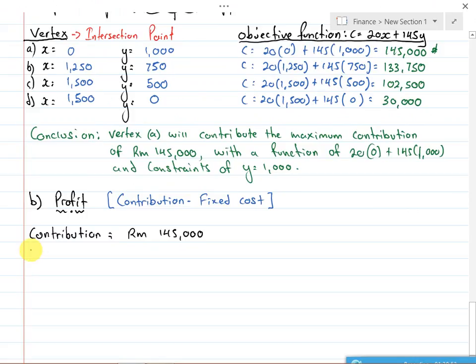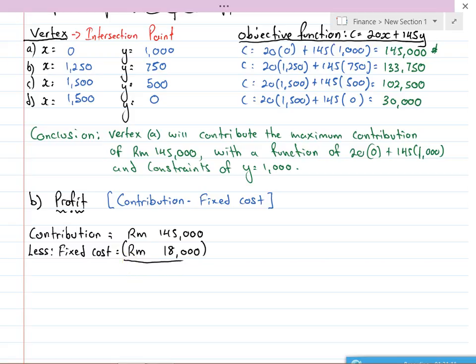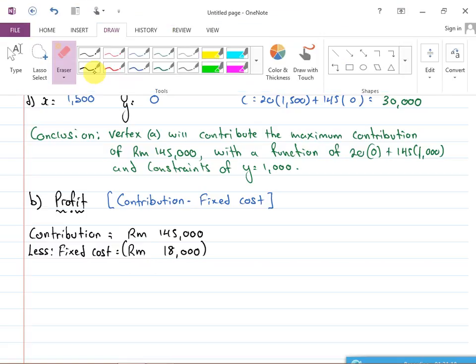How much is your fixed cost? 18,000, am I right? Minus, don't forget. How much your